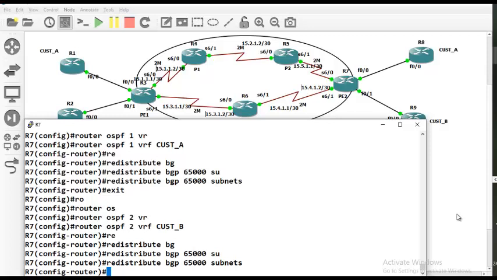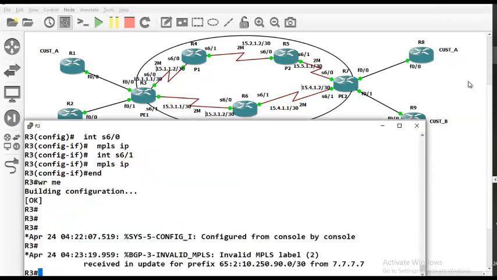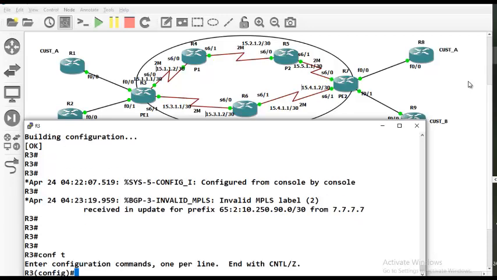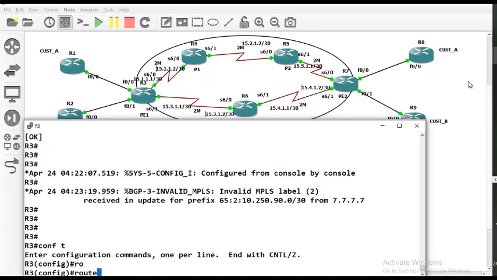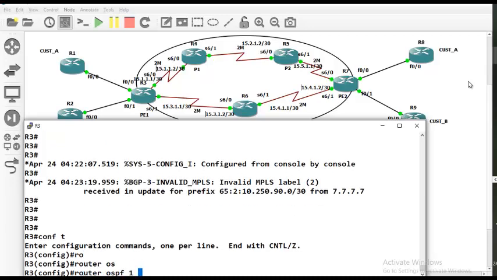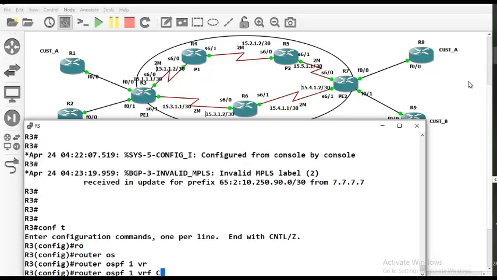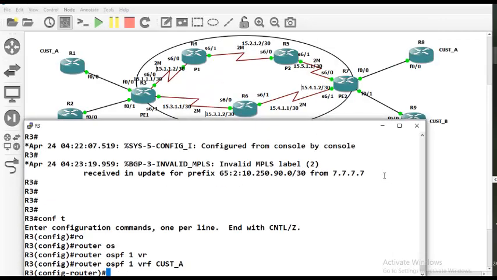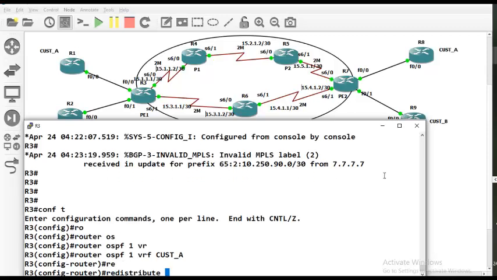Okay, so we have done this on one side. Let us do it on the other side also. Router 3. On router 3, I'm going to say router OSPF 1 VRF cust_a. One minute, I want to verify. Did I give OSPF 1 to cust_a? Redistribute BGP